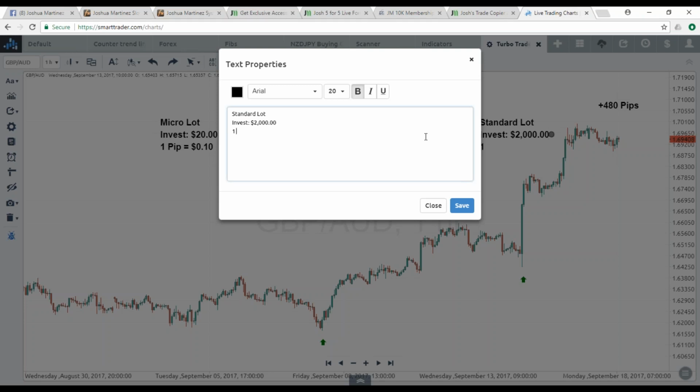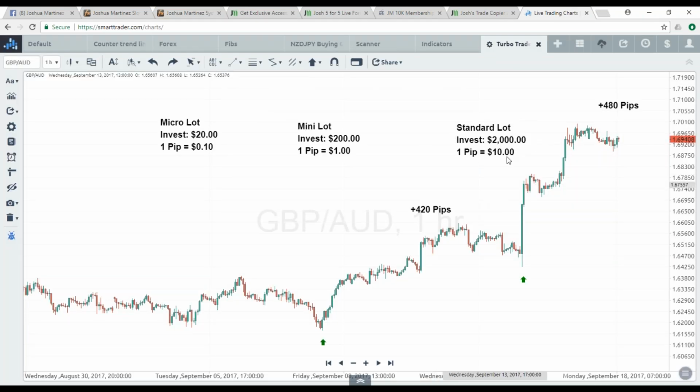But this is where 1 pip is equal to an average of $10. This is where retirement income comes into play. Why? Because in this example, if you would have bought low and then profited high in 4 days, if you traded a $2,000 investment average, which is a standard position, that would have been 420 pips at $10 a pip. That's $4,200 for that particular week. And then the following week you would have made 480 pips, assuming you got the best trade, but that's 4,800 US dollars. So this is where things become a little bit more exciting, and where you can say, well, if I'm a standard lot trader,